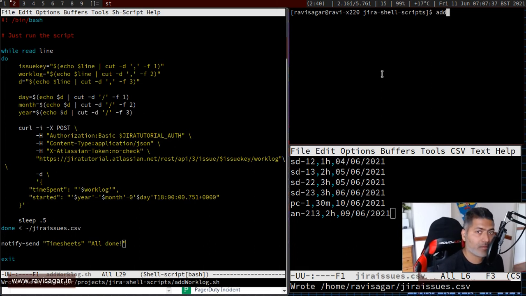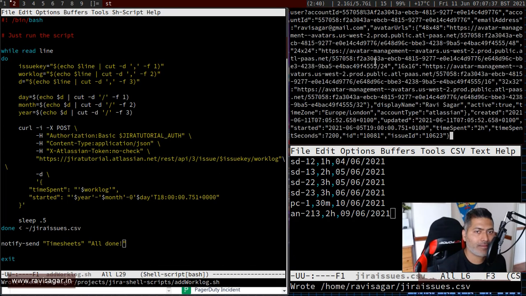So the script is add worklog. And by the way, the good thing about script is that you can actually plug it in anywhere. Maybe you can run a cron job, and as long as you have entries in this file, it will do the worklog for you, and you can be a good employee, a very good, nice, sincere guy in your organization who is always logging your timesheets on time. So let me just run the script one more time, and this time hopefully we'll get a notification, hopefully, that